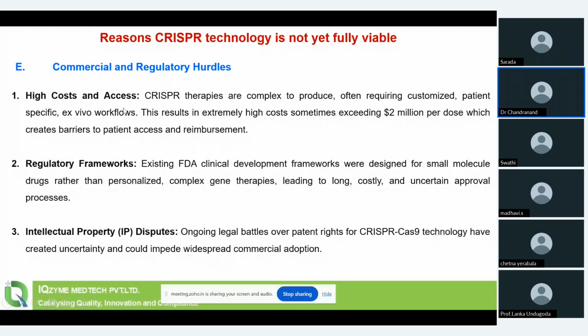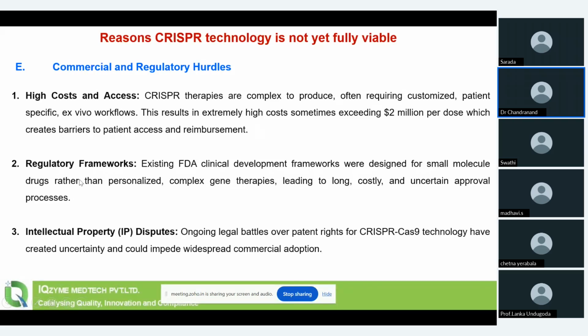CRISPR reagents and consumables are very costly, and they require customized, patient-specific workflows. This results in extremely high costs, sometimes exceeding even 2 million per dose, which creates barriers to patient access and reimbursement. In India, we don't have reimbursement, but even in countries where reimbursement or insurance is a part of healthcare, they are finding it difficult to implement the commercially available therapeutic CRISPR-based